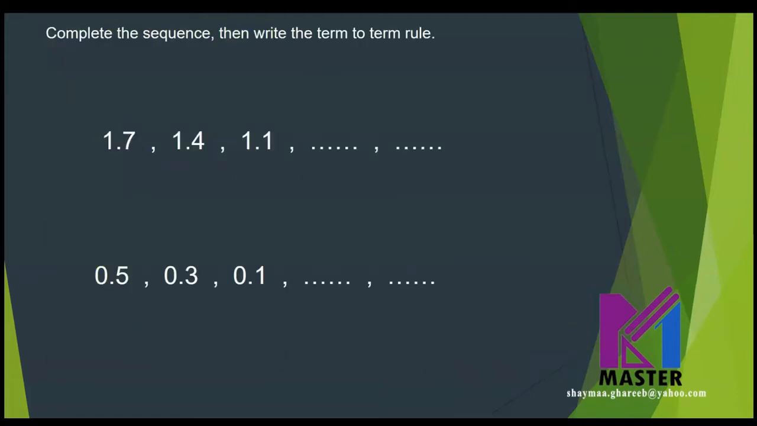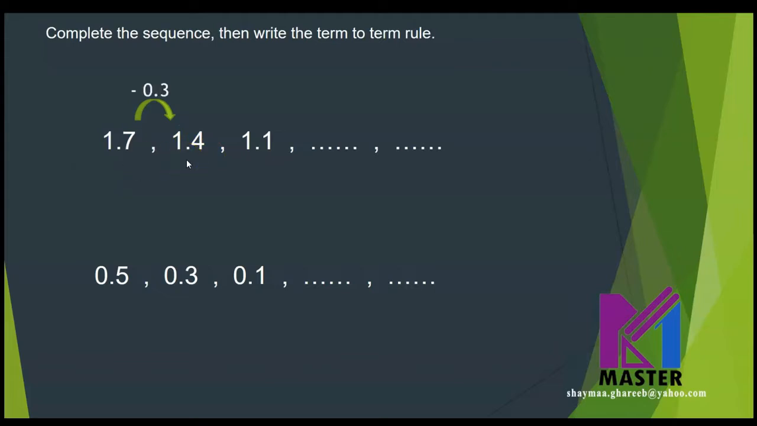Look at these two sequences. Complete the sequence, then write the term to term rule. We have decimal numbers here. Look at the first sequence. What's going on in this sequence? 1.7 became 1.4. What happened? We subtracted